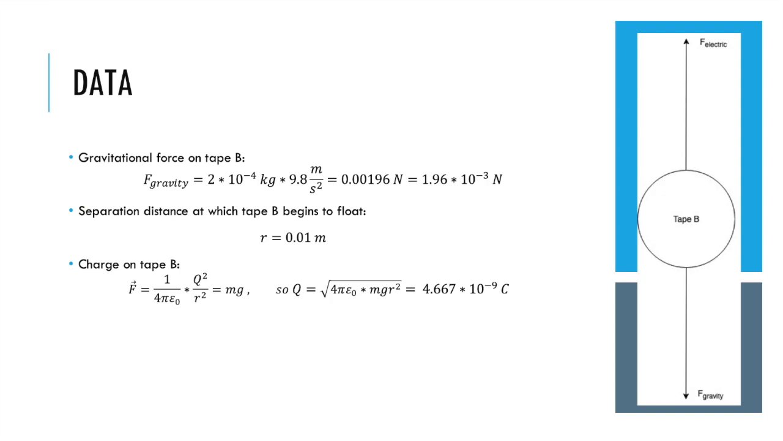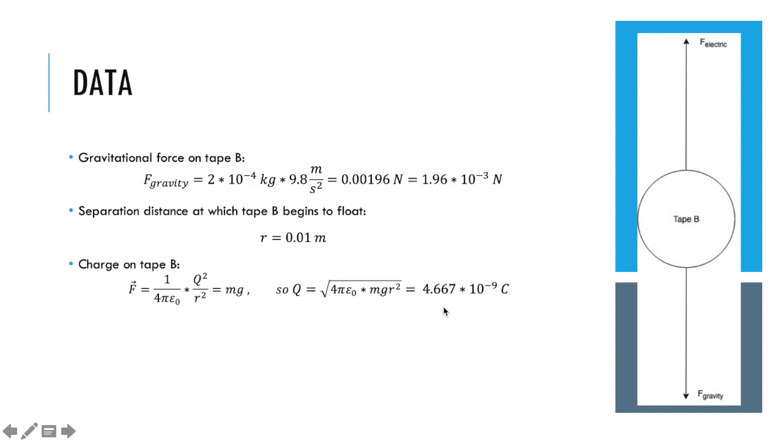And then the charge on tape B, we know that the force of gravity has to be equal to the electric force. So here on the right, there's a diagram where we have tape B, and then the force electric up, and then the force of gravity, and they're equal in magnitude. So we use the equations here, and we can solve for Q, which is equal to 4.667 times 10 to